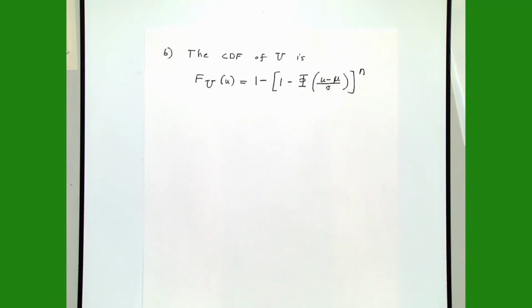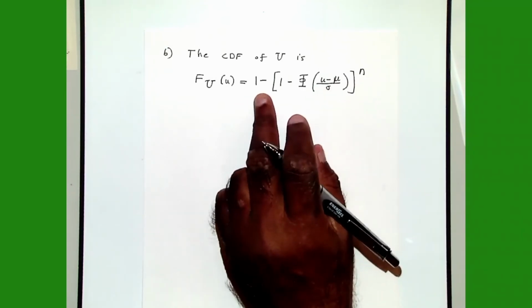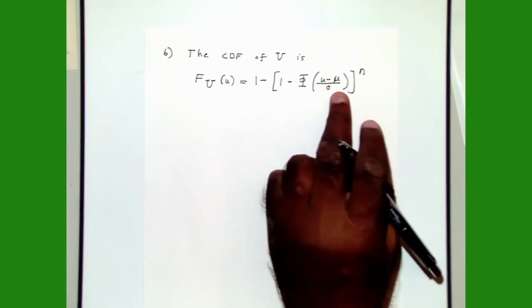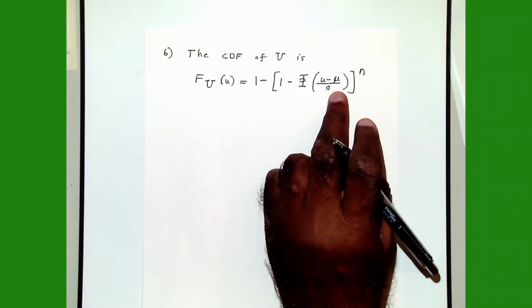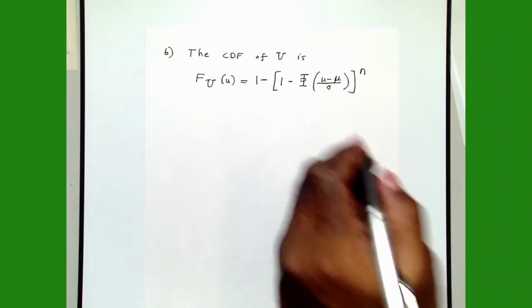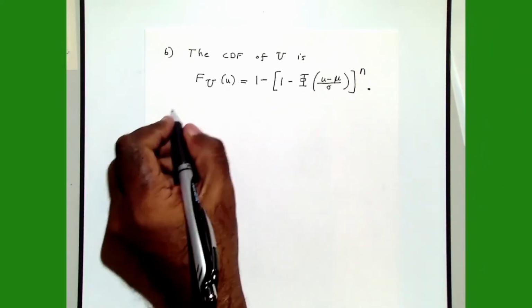Right. This is the formula. I gave you the formula that is 1 minus 1 minus the CDF of x raised to the power n. So I'm using that formula, right? And the PDF